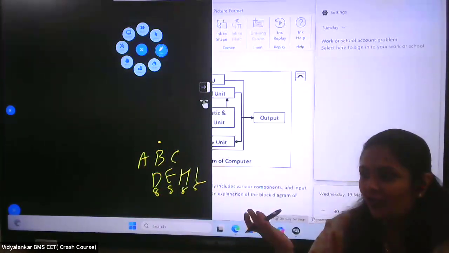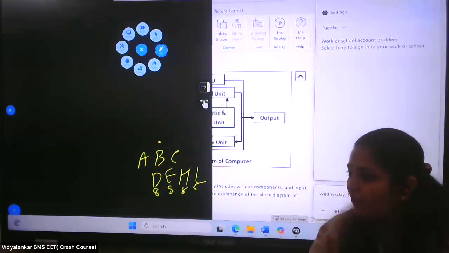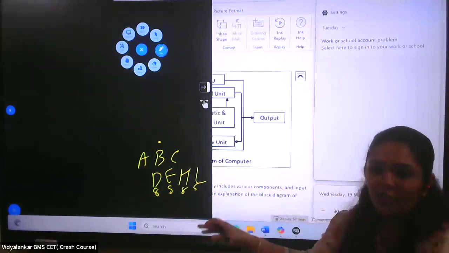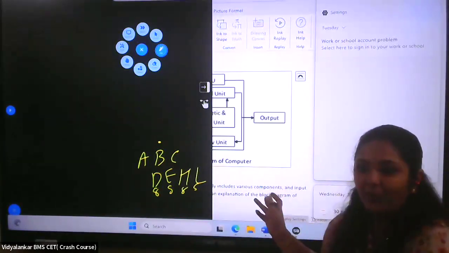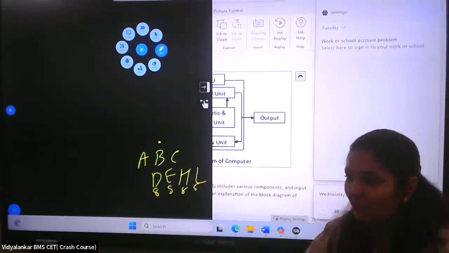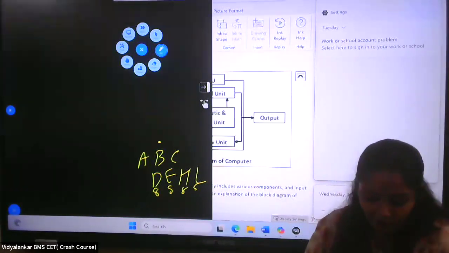See, you have to think smart, no? Because nowadays we have laptops which don't have keyboards. Even if they have the keyboard, that's a smart board. So this does not come into the category of this. If it is a touch screen monitor, it's not the option, but if it is only a monitor, then that's the correct answer. Okay, option 4.